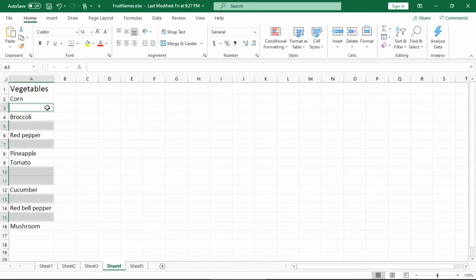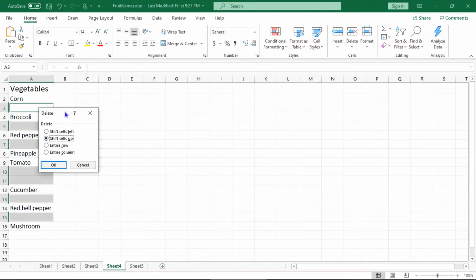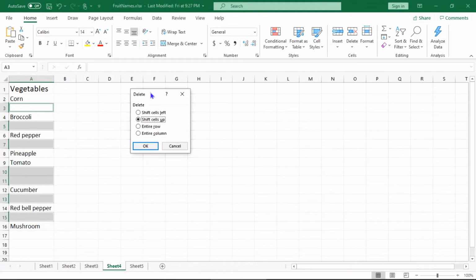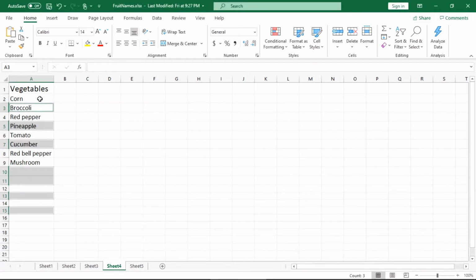Click on any one of the selected cells and click delete. When you click delete, Excel is going to ask you with 4 options what you want to do with the rest of your data once I delete the empty cells. It is selected as shift cells up. Keep it as it is and click OK. So all your empty cells have been removed and all your data is properly arranged.